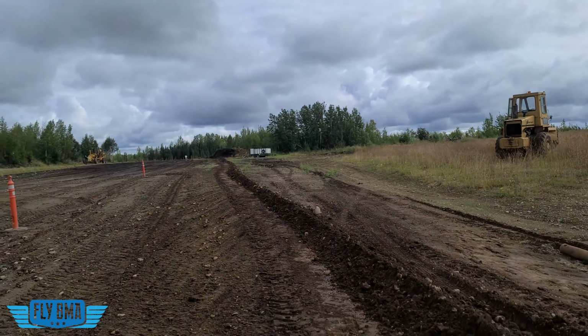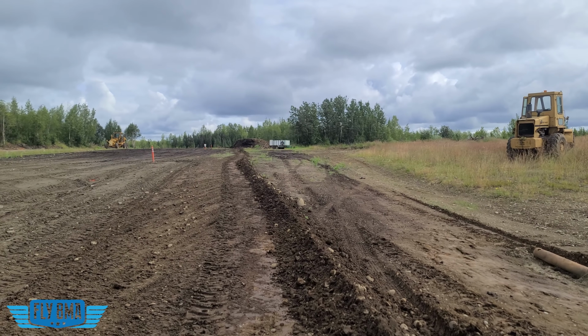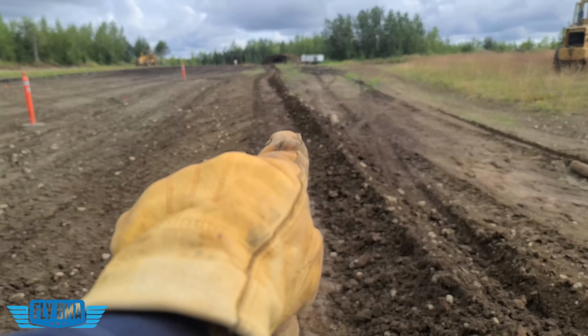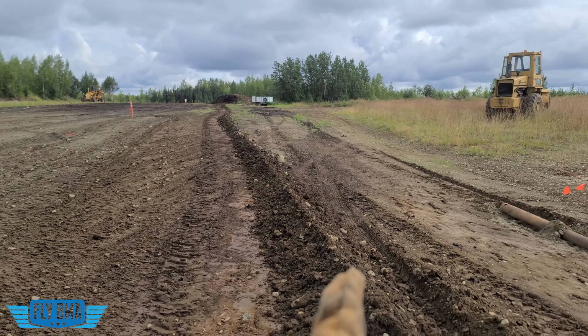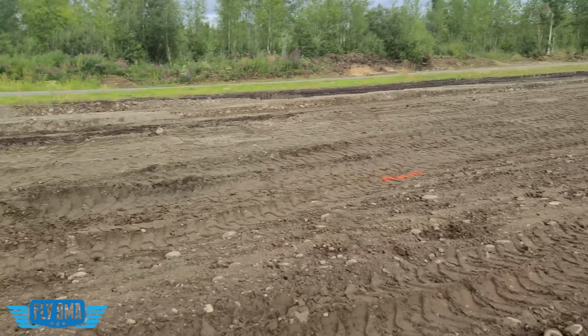But got a mostly straight-ish ditch marked out here. Looks like it took a little curve there. But this is gonna be the start of our ditch. We're just gonna keep digging down here now, and what we take from here will move all back to the middle. All this other stuff, this windrow, will get pushed over to the side, and hopefully that'll give us some